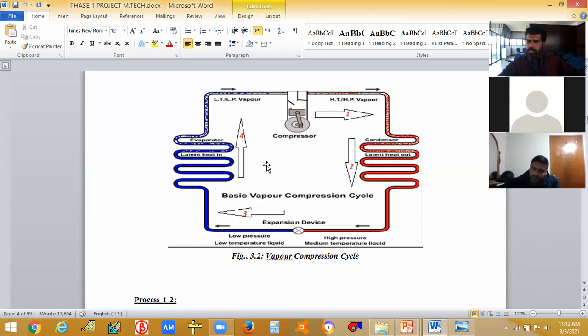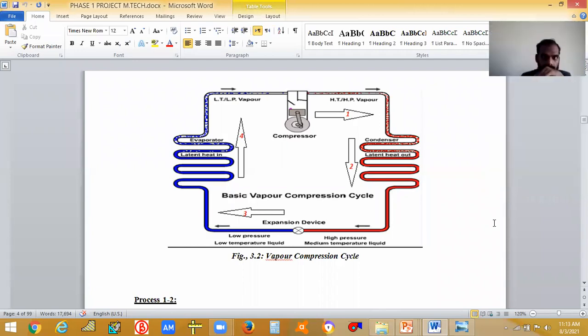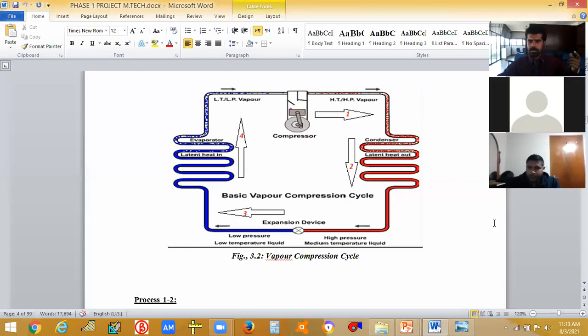So I think this is fine with you, right? If you have understood this, don't forget this, okay? This is the basic thing in an HVAC system, the vapor compression cycle. You need to know what equipment there is. Basically, you have the compressor, condenser, evaporator and expansion valve, and you need to know what different processes happen in each section. So you have to keep it in mind. It's very important to get this base. This is an important thing.